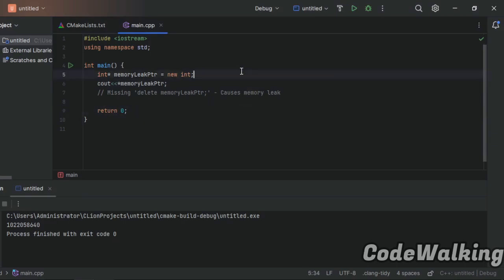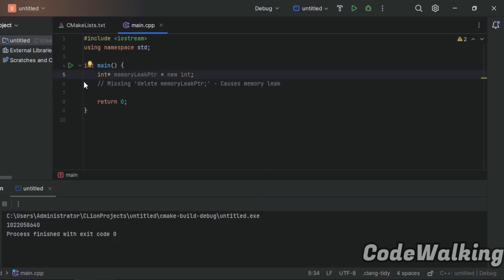A memory leak is a situation in programming where a program fails to release memory that it has allocated dynamically, causing that memory to remain inaccessible even after it's no longer needed. Over time, repeated memory leaks can lead to gradual consumption of available memory. Memory leak means that we did not deallocate the memory, we didn't delete this pointer. So it's causing these variables, this pointer and all that, to keep staying in the RAM